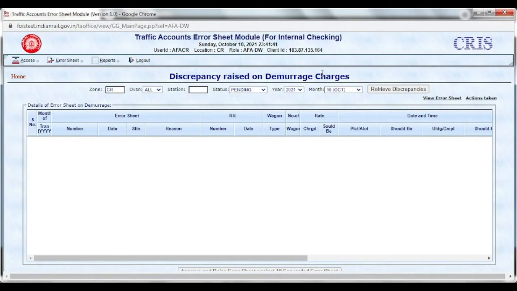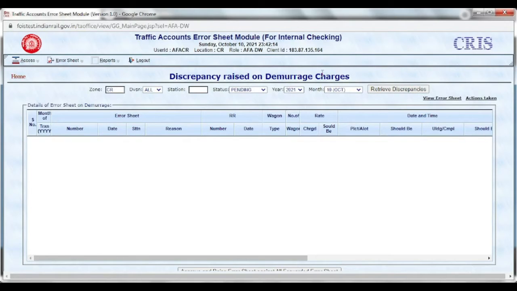Once the error sheet is raised, it will be displayed to station. Station will either admit or object the debit raised. When the error sheet is raised, it will be displayed on debit side of station balance sheet. When the debit is objected by station, the same will be viewed in AA's ID. On receipt of the same, AA will either accept station's remarks or reject station's remarks and forward it to SSO.